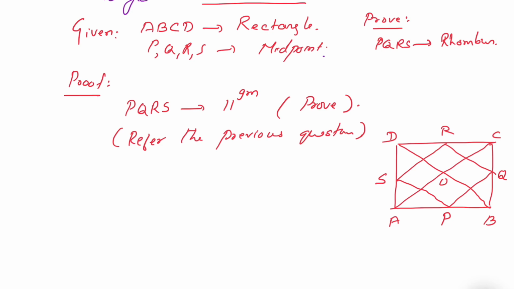To prove it is a rhombus, if you prove the adjacent sides are equal in a parallelogram, it is a rhombus. So we will see how to prove it is a rhombus. Here there are two methods. One method is using the midpoint theorem, another is using the congruence. I will teach you both. Whichever is easier for you, you can use, but I always prefer the midpoint theorem. Since you have learned the midpoint theorem, it is much easier. So first, using the midpoint theorem,